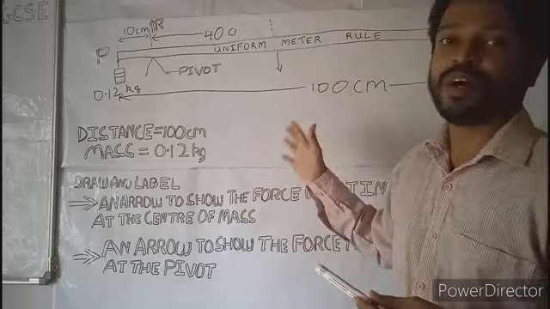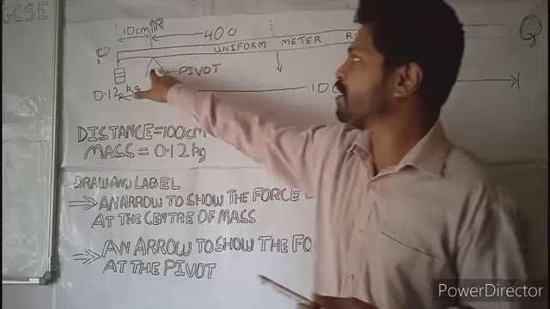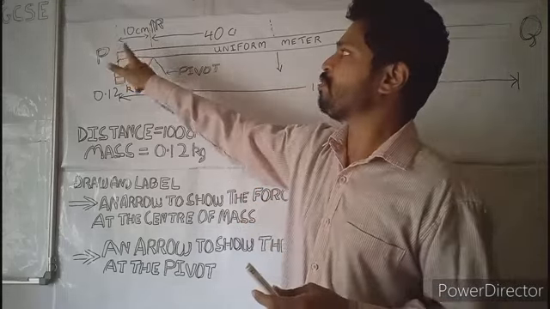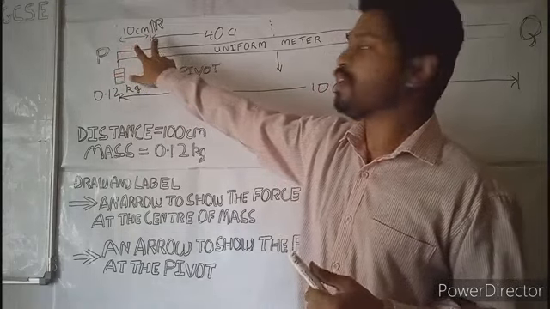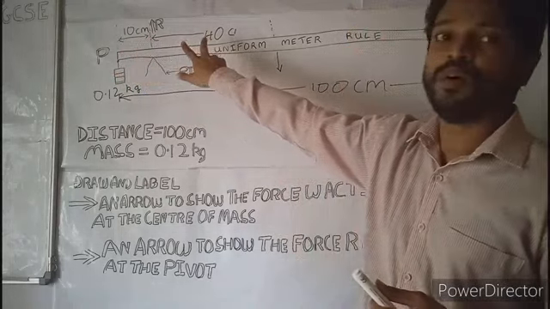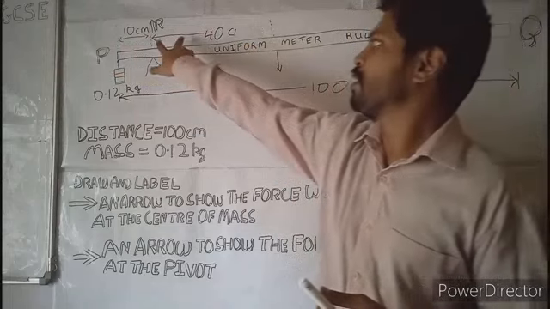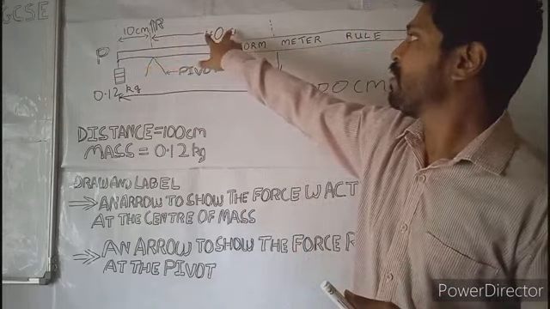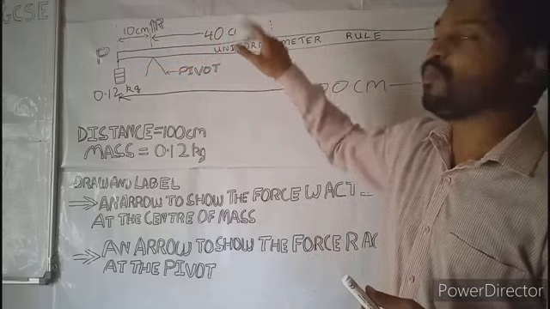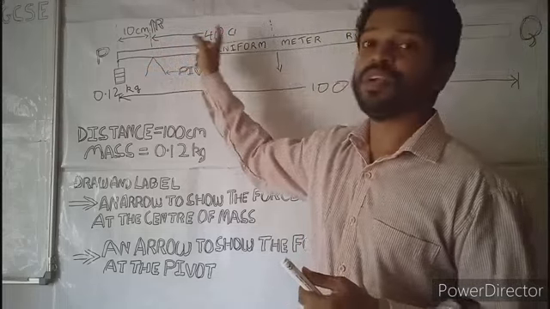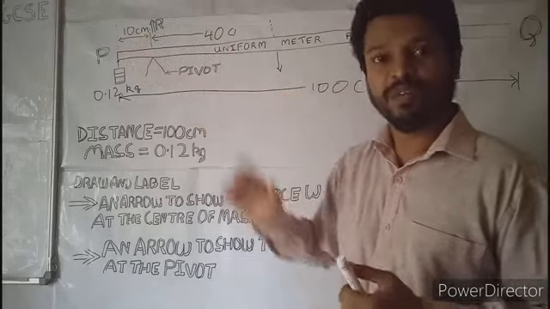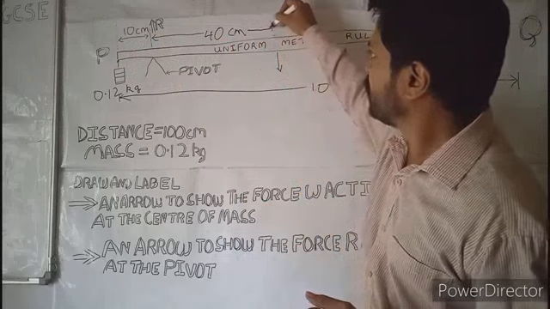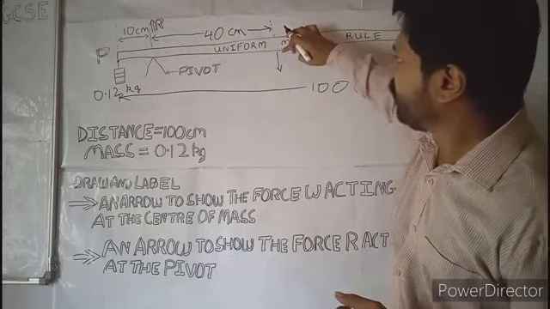You can't plot a point 50 directly out here. What you need to do is, you have already been given 10 centimeters from here to the center of the pivot. So you have to extrapolate this 10 centimeters and measure it 4 times. This is 10 centimeters, from here to here 20, 30, and roughly this would be 40. So 40 plus 10, how much will it be? 50, right? So this is the center of mass.